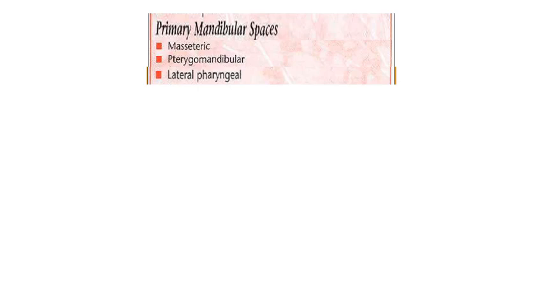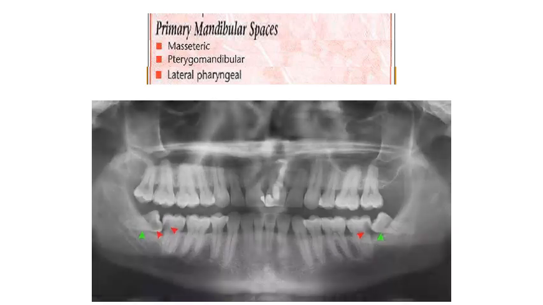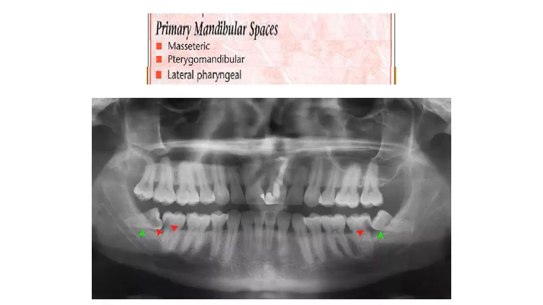And furthermore, the secondary facial spaces are the masseteric, pterygomandibular, superficial and deep temporal, lateral pharyngeal, retropharyngeal, and prevertebral. However, in some instances, some spaces might not take the secondary role, and they might present themselves as the prime player, the primary facial space where the infection first invades. Of course, this depends upon where the infection comes from. Here we can see the masseteric, pterygomandibular, or even the lateral pharyngeal might be regarded as primary mandibular spaces.